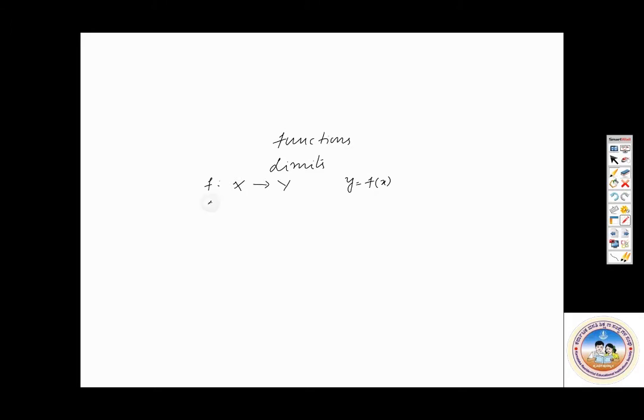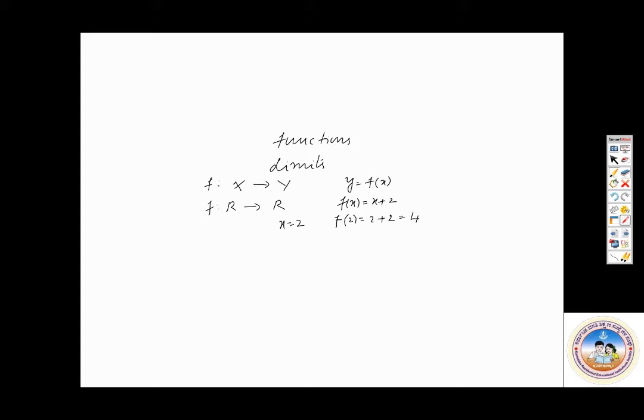As a simple case, f is a function defined from R to R. When a function is defined from R to R, it is called a real function, where I will define f of x is equal to x plus 2. Now, when x is equal to 2, f of 2 is equal to 2 plus 2, which is equal to 4. Now, this 4 is called the functional value of the function at x is equal to 2.